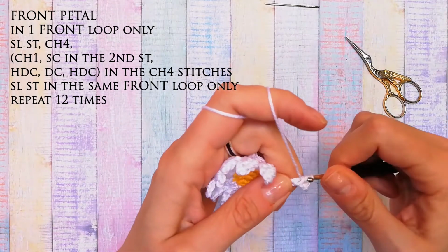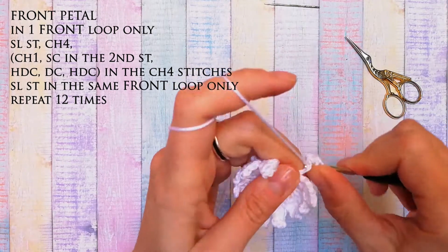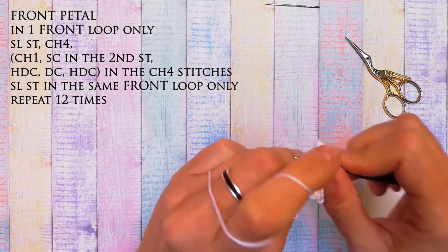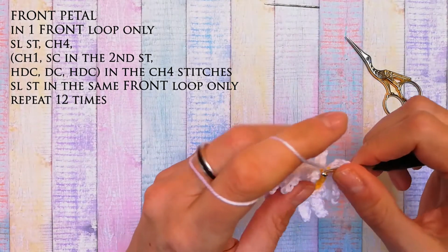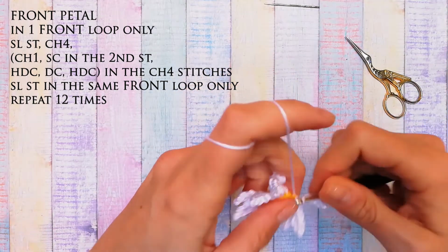a half double crochet, a double crochet, a half double crochet, slip stitch, and a slip stitch in the next stitch,